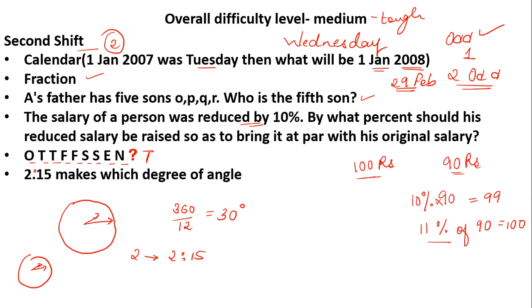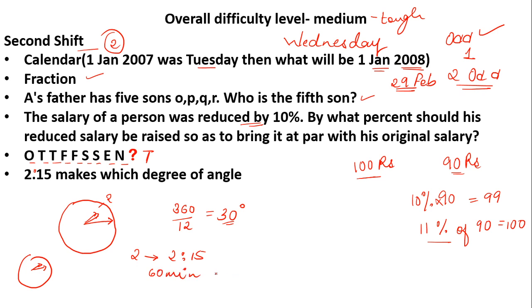अगर ये जो 2 की अगर शिफ्ट होने के पहले अगर ये 2 को आप ये हैंड नीडल को ओरिजिनल 2 की जगह रख दें, ये 30 डिग्री बनाएगा. बट क्योंकि टाइम हो रहा है 2:15, 15 हो रहा है, सो ये स्लाइटली शिफ्ट होगा, यानी आपका आंसर 30 डिग्री से कम ही होना चाहिए. व्हाट इट विल बी, लेट्स सी कितना शिफ्ट हो रहा है ये 2 से 2:15 के बीच में कितने डिग्रीज का शिफ्ट हो रहा है. सो